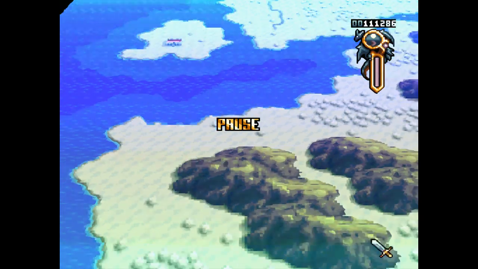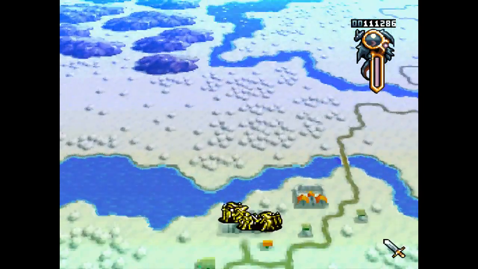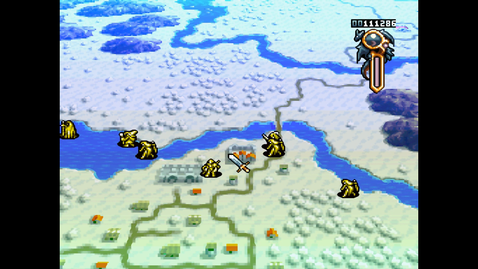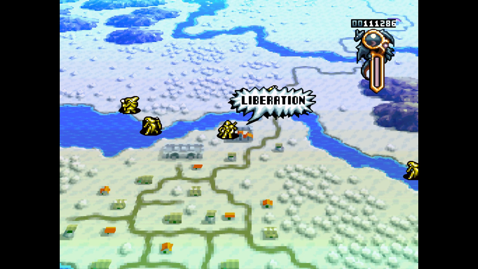Alright, let's do this thing. Prepare for adventure. I guess I might as well liberate the temple. It doesn't really matter. You don't even need it, really, but I've got good luck. I might get an item. I don't think I actually bought any of the luck ups from the merchant, because it just doesn't make much difference in combat, so...